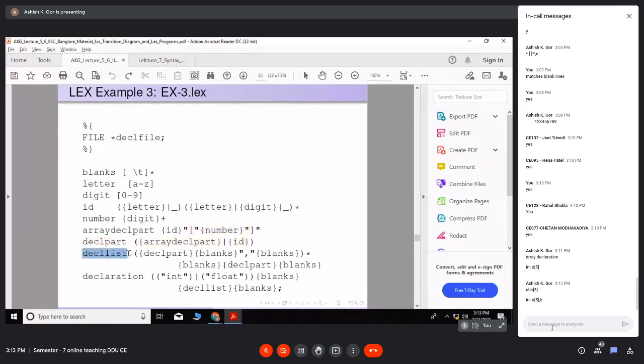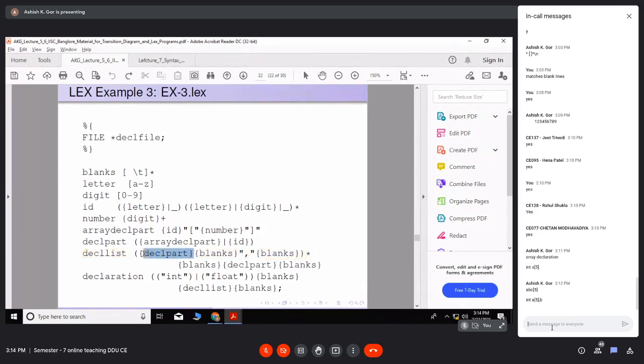Declaration list. Now what is a declaration list? It could be a declaration part followed by blanks, then comma. So you declared one array, then you put some blanks, optionally, then comma, then blanks, star. Star means 0 or more times.